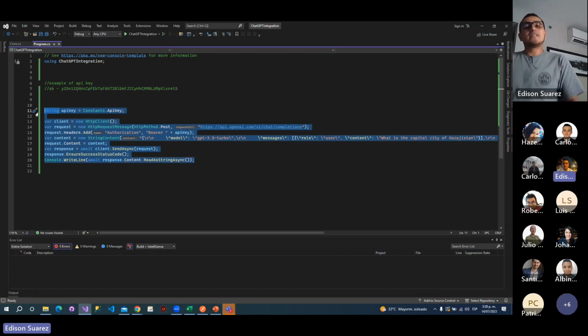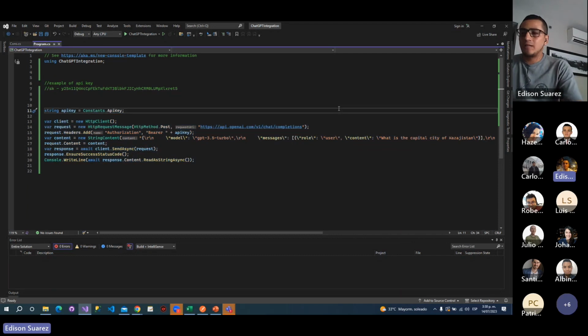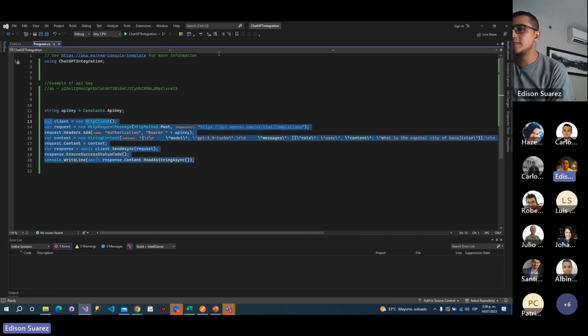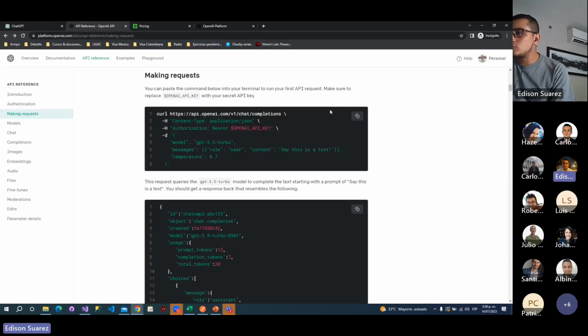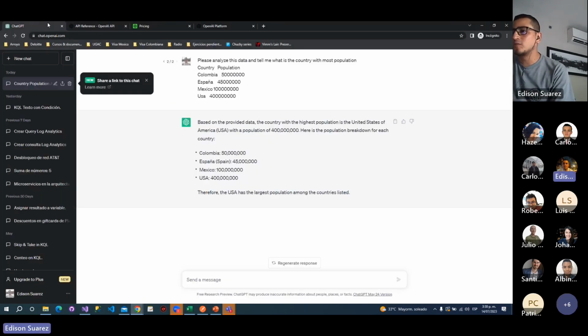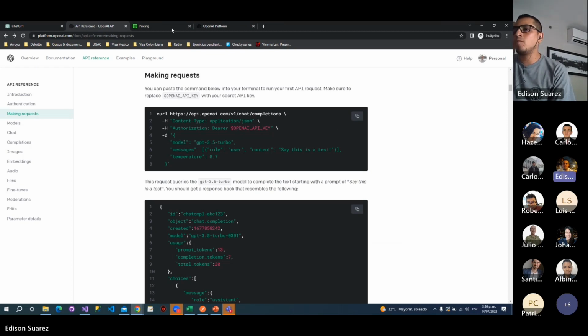At this moment, ChatGPT doesn't have a library for desktop in C#. ChatGPT has a library for Node.js, it has a library for Python, and it has a library for .NET in Azure, but it doesn't have a library for, let's say, desktop. Okay, so let me comment this. At this moment, there are 3 libraries that are the most famous, and one of them is called